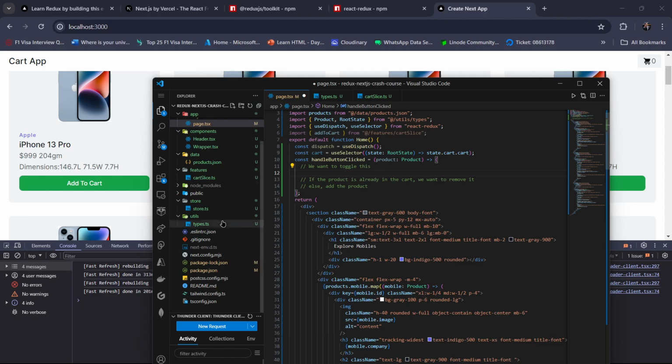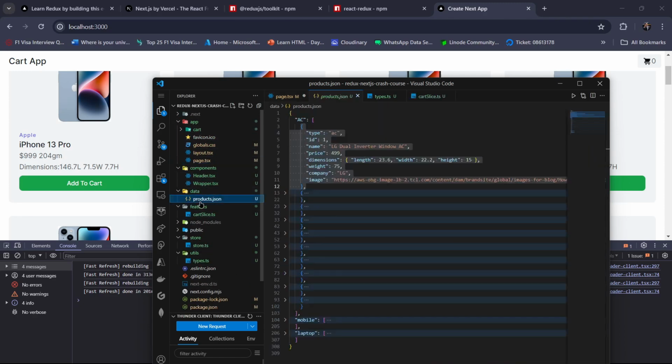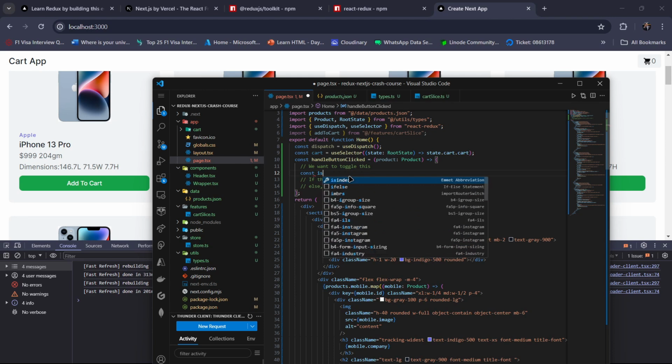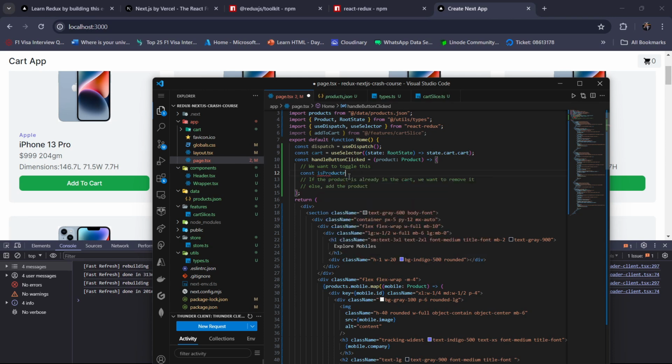If you go inside the data and inside product.json, you will see everyone has their unique ID. So we can know by using this ID. So I'll write, is product already in the cart,